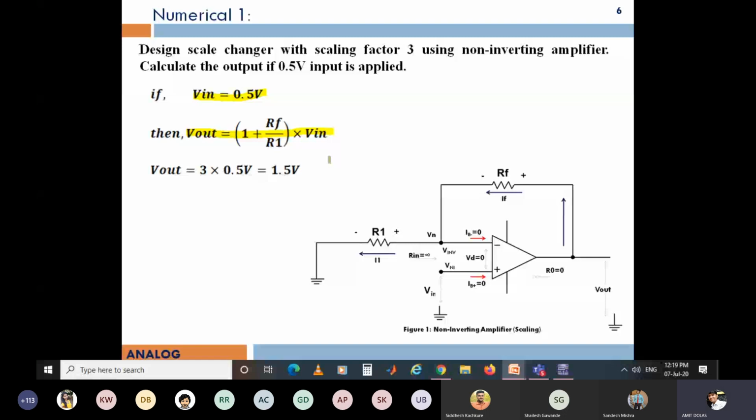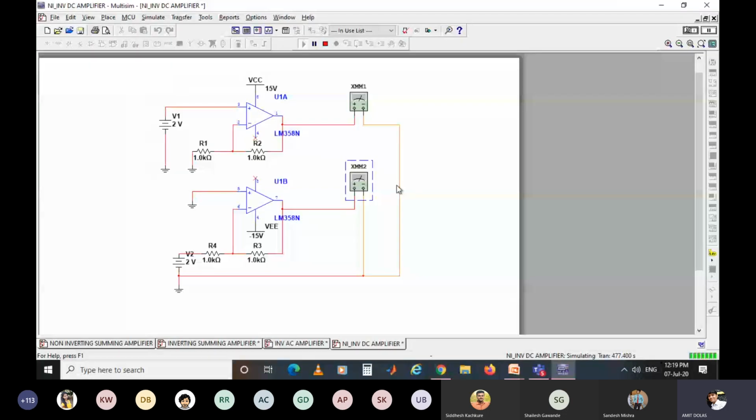Let's verify a similar example in Multisim. I have some simulation software here. I will open that. So here you can see two circuits. Here I cannot highlight because the highlighter is not active in Multisim software. It is active on PPTs only. So you can see the top circuit, the upper circuit has an op amp. I may highlight in this way.